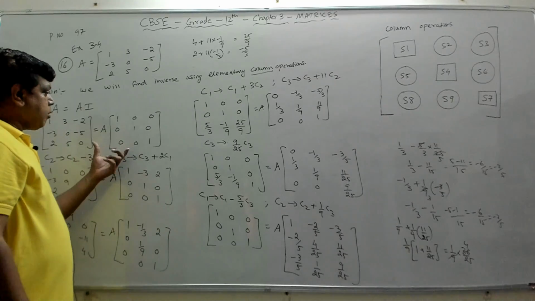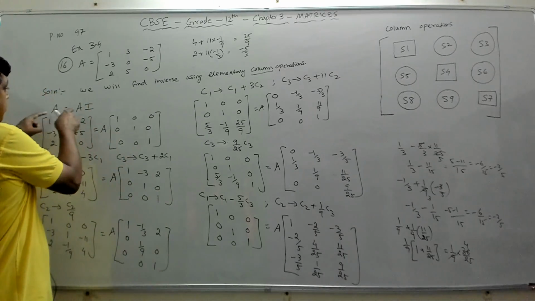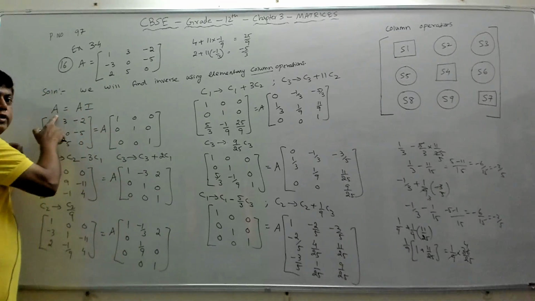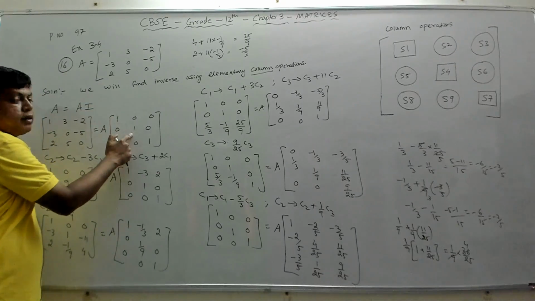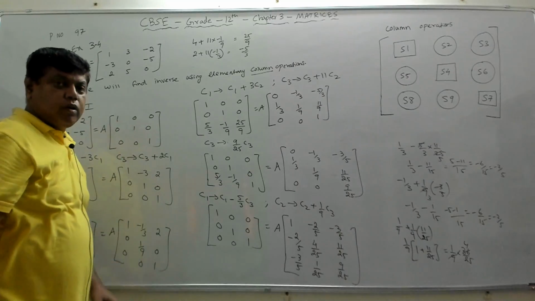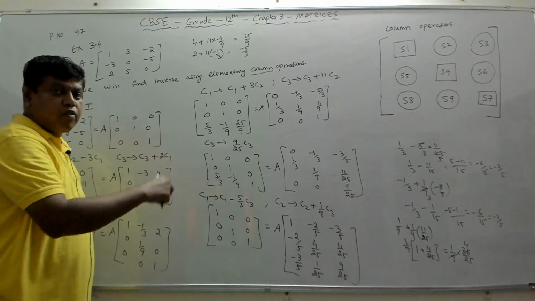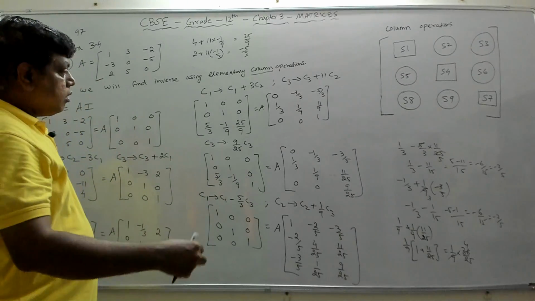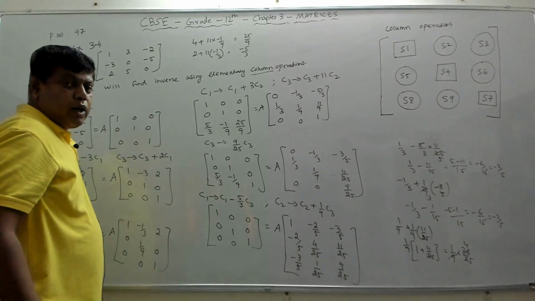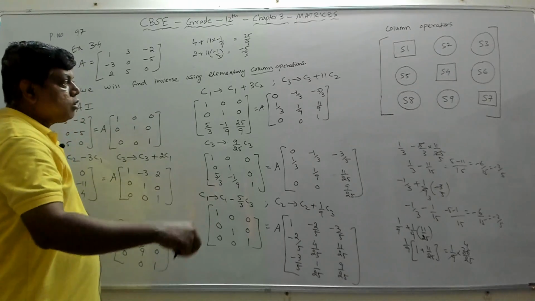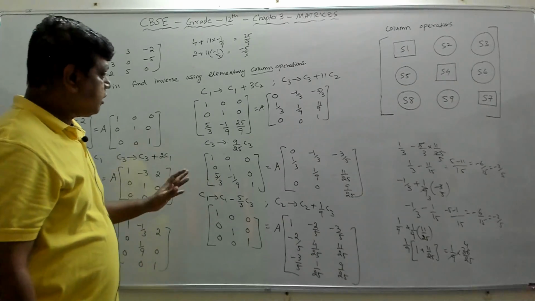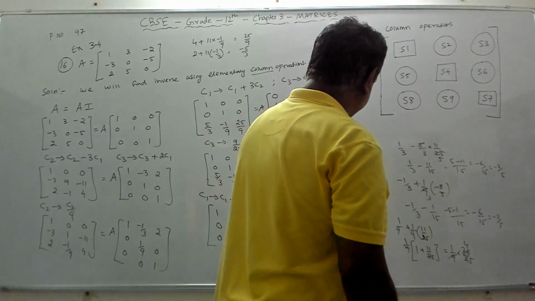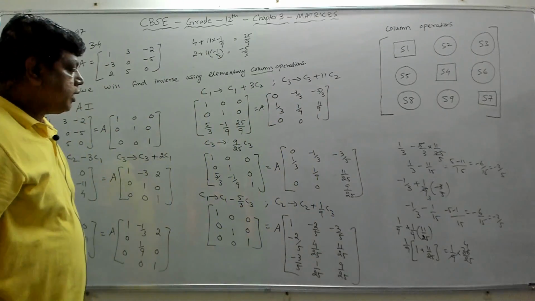Whenever you apply any column operations, as per the matrix equation, when you have two matrices, you have to apply to the second matrix only. That was the concept that I had taught you in one of my previous videos, where we started with the elementary transformation, or elementary row and column operations, to find the inverse of the matrix. In that section, I had explained that. You can watch my video, right?